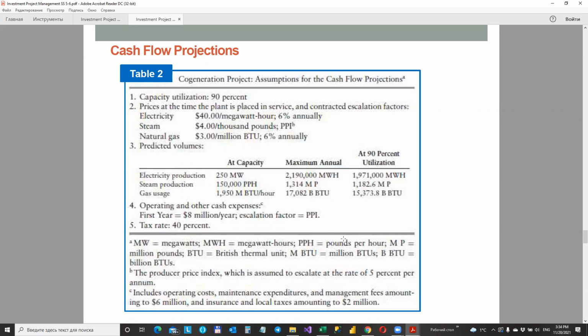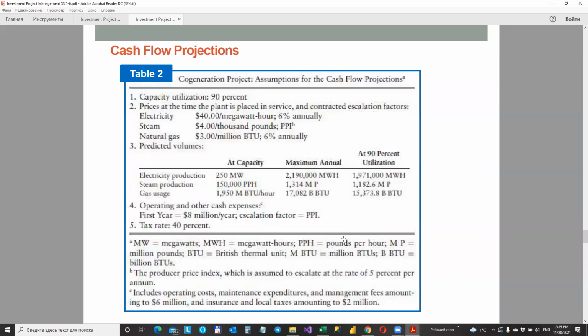The electric power purchase agreement specifies electricity prices. The steam purchase agreement provides a base steam sales price, which can be escalated using a forecast of future changes in PPI. The projected volumes and prices can be used to forecast annual revenue amounts,